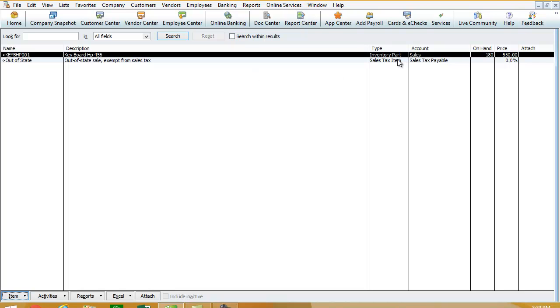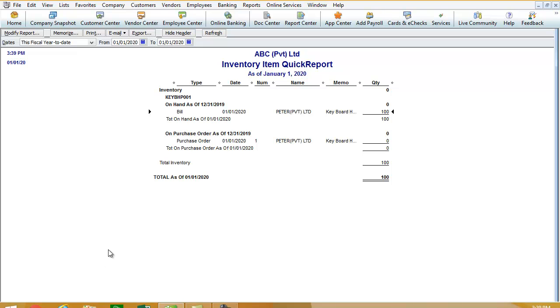And how we can see whether these items are updated with the purchased quantity. Okay, you can see in the bottom the report is there. With the report there is an arrow mark. Click that arrow mark. On the top you can see quick report about the keyboard. Double click on it. Right.